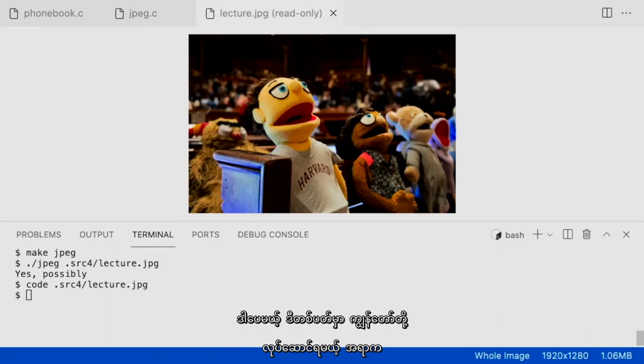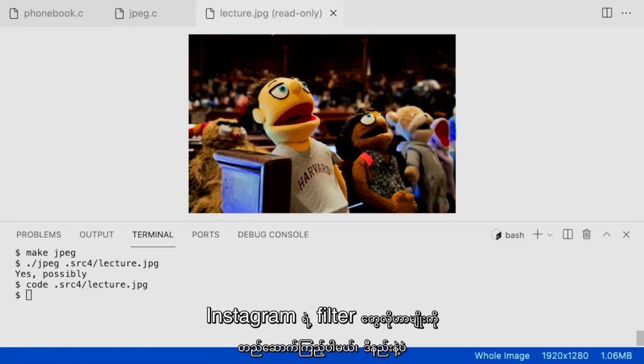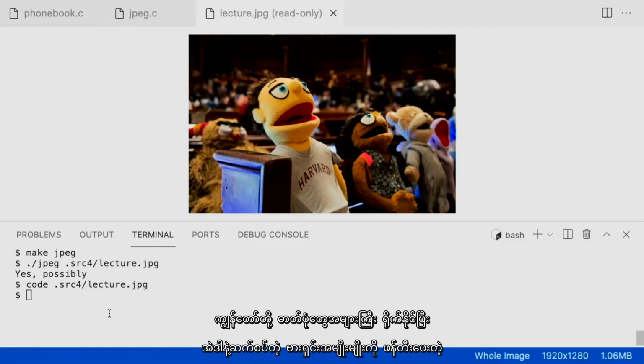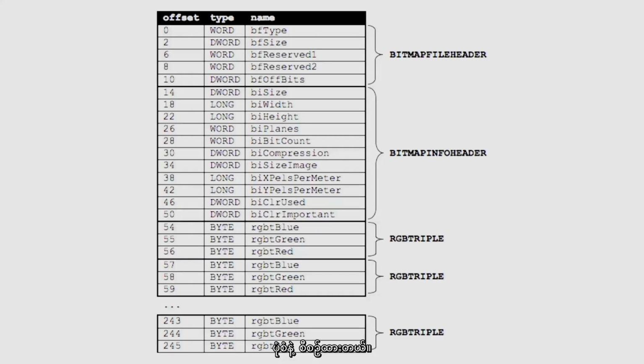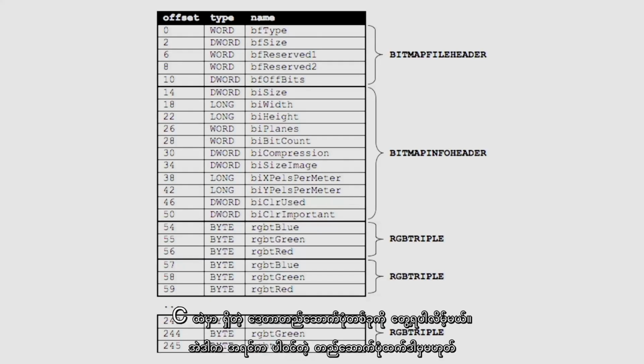But what we're also going to do this week is start to implement our own sort of filters a la Instagram, whereby we might take images and actually run them through a program that creates different versions thereof. For instance, using a different file format called BMP, which essentially lays out all of its pixels from left to right, top to bottom in a grid, you're going to see a struct, a data struct in C that's way